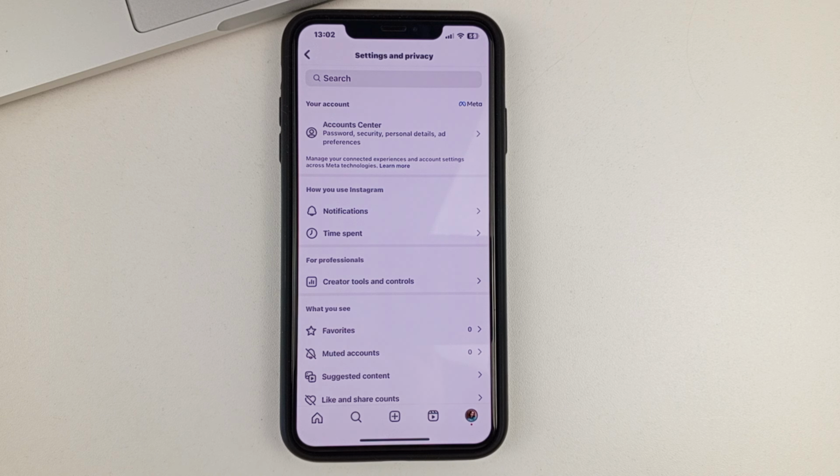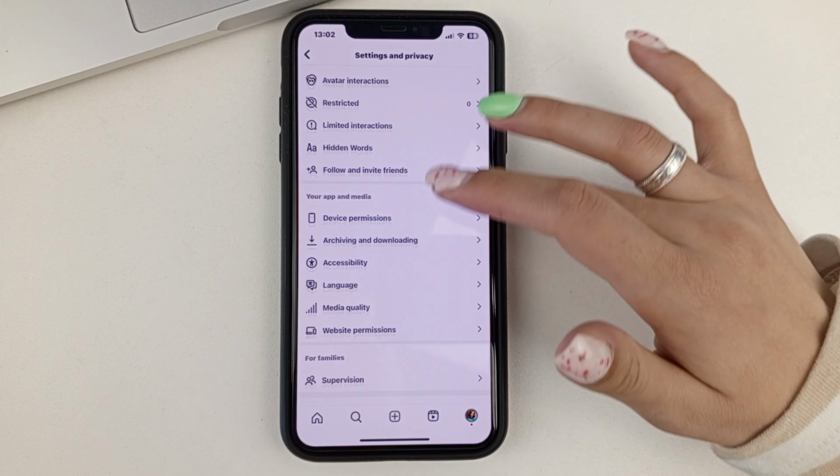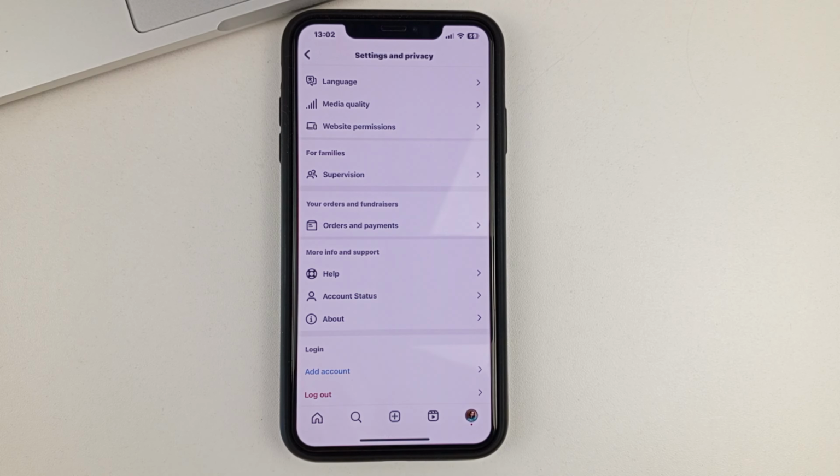Yes, friends, in order for you to be able to delete a lot of messages, a lot of correspondence at once, you will need to switch to the Professional Account first. You do a little bit of simple scrolling. You find the subsection for the Professional Account. You find the account type, the tools, and just switch to the Professional Account. In terms of time, it won't take more than half a minute or a minute tops. You just need to agree to some actions that Instagram offers you. And that's the end of it.